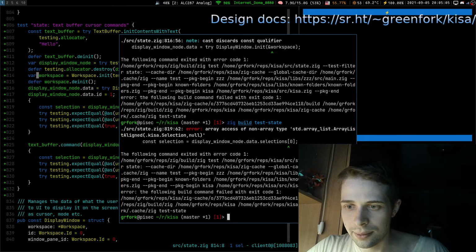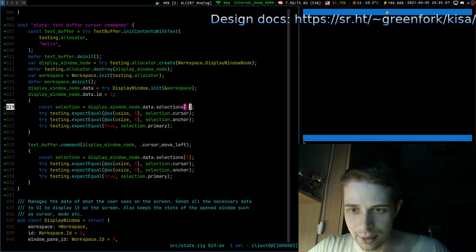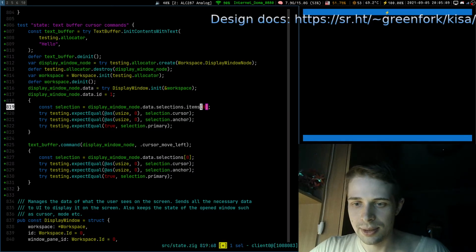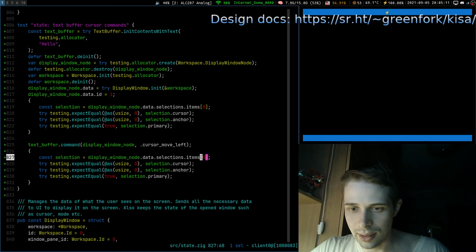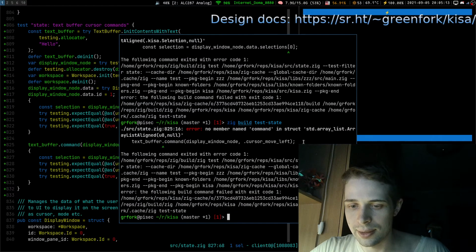Array access of non-array type. Sure. We should write dot items. This is how we do access on array lists and interfaces. No member named command in struct std array list.